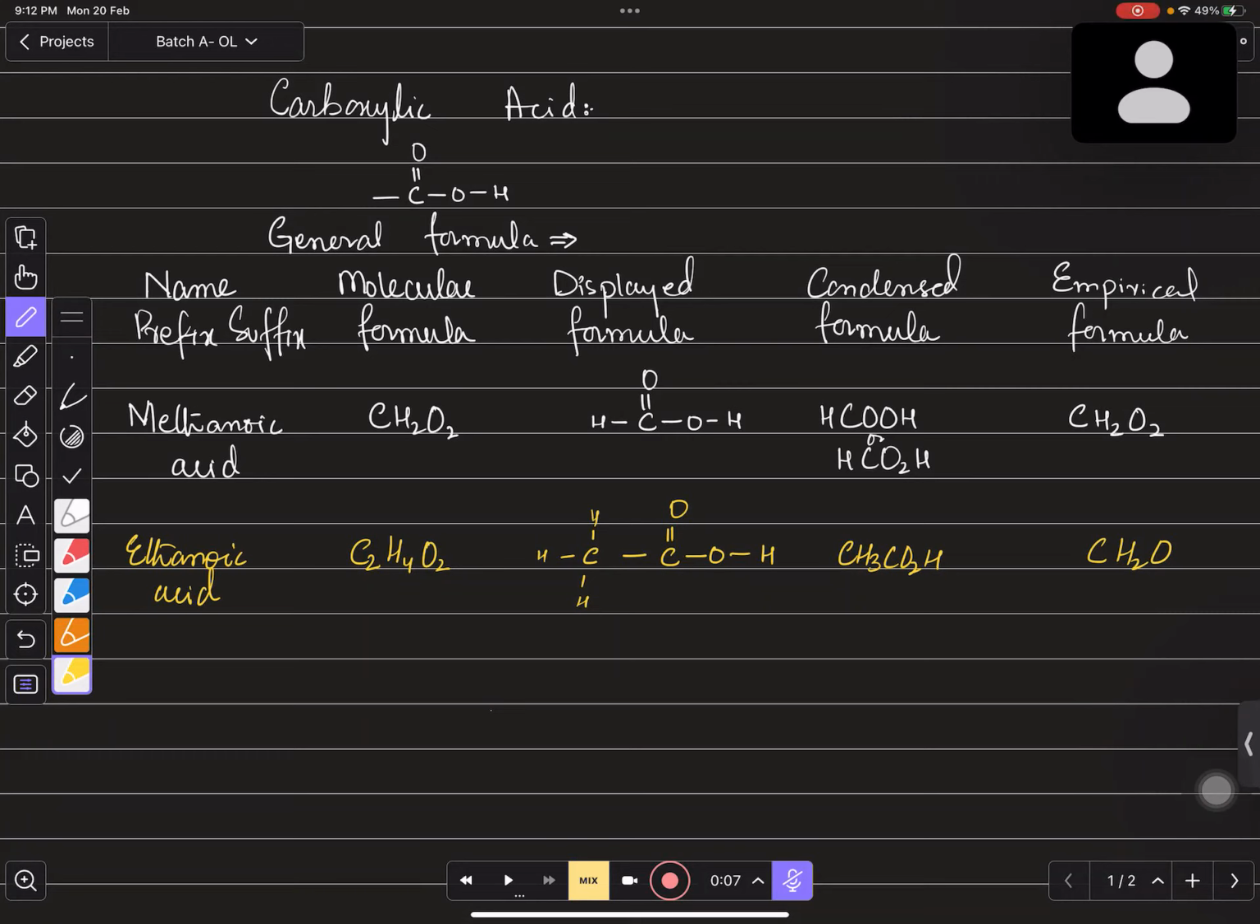क्या हो सकता है बच्चों? Sir, CnH2n+1CO2H. अच्छा जी, आप कह रही हैं कि it should be CnH2n+1 and CO2H, right? यही कह रही हैं आप? Yes, sir. ओके, बिल्कुल सही कह रही हैं आप, लेकिन आपने याद रखना है बच्चों कि ये वाला जो जनरल